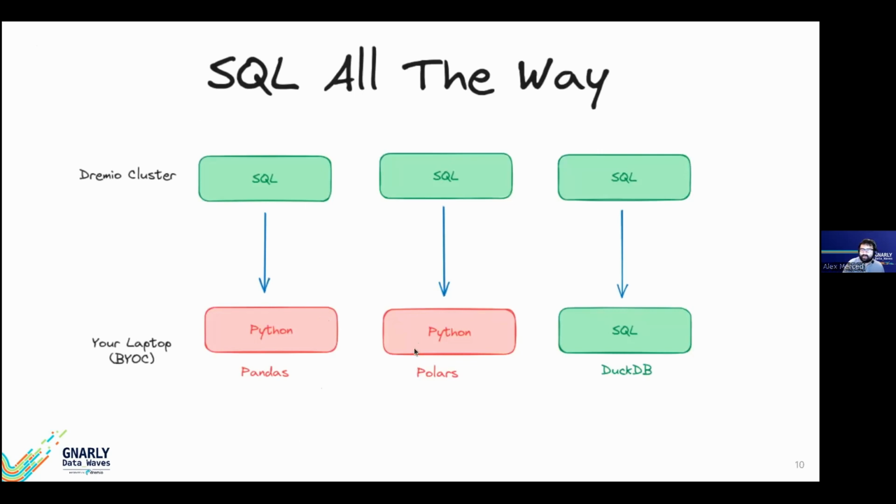And that's the thing, a lot of people feel very comfortable with SQL. Pandas and Polars are great data frame libraries that allow you to do really sophisticated analytics. But again, not everyone feels very comfortable writing a Python script. So in that case, being able to allow people to use SQL in as many levels of the analytical journey, the better. And this is the great thing about Dremio, which in the big data space really maximizes